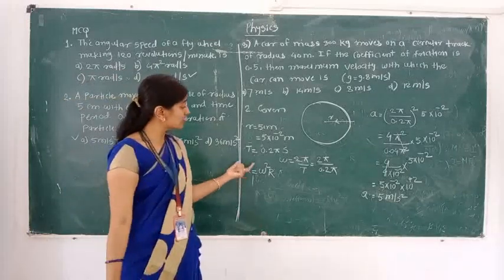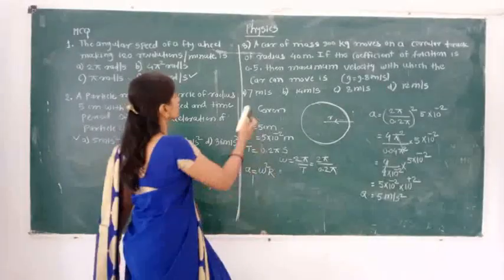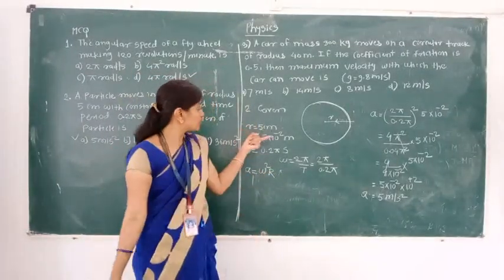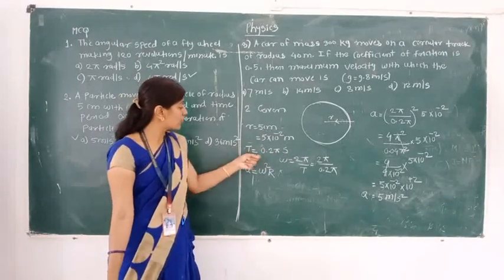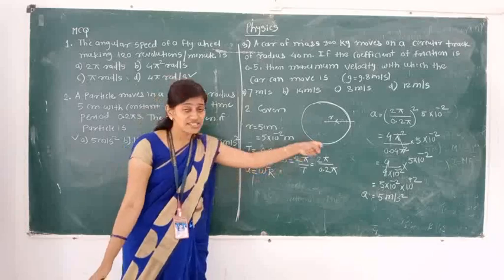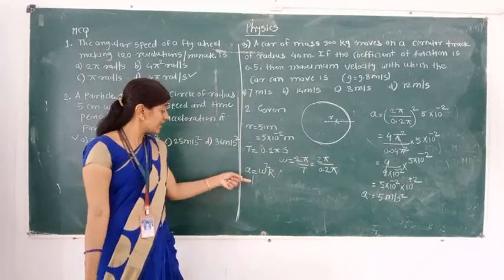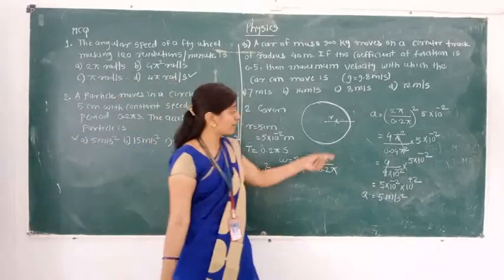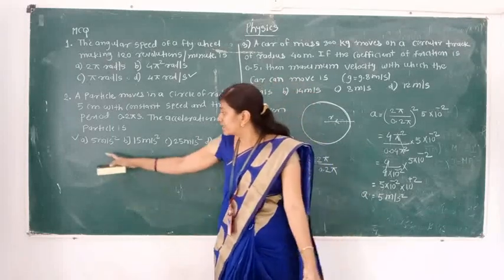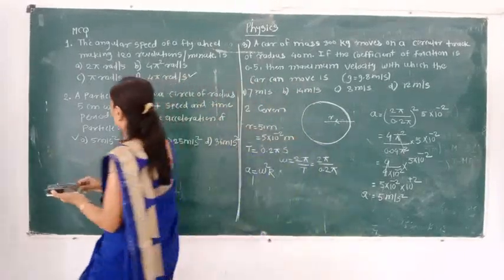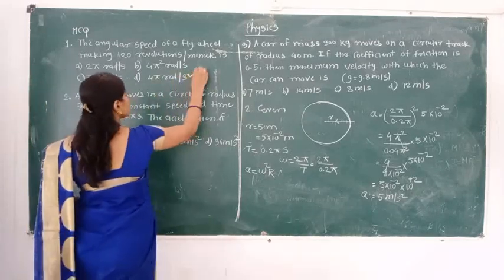Okay. So in such a way we have completed our second MCQ. Now we are going to complete the third one. See there, simple है. R जो दिया सेंटीमीटर में उसको हमने मीटर में कन्वर्ट किया. रिलेशन है, as per the relation हमने वैल्यू पुट अप की है, हमें फॉर्मूला मालूम है, the formula for the centripetal acceleration: a is equal to omega square into r. By putting this, simple calculation is there, substituting that value, finally we are getting the answer 5 meter per second square. See यहाँ पे ये हमारा फर्स्ट आंसर करेक्ट है, इस केस में हमारा D आंसर करेक्ट है.